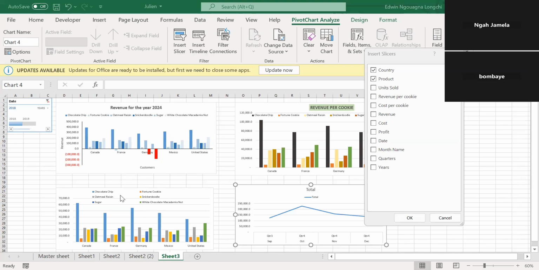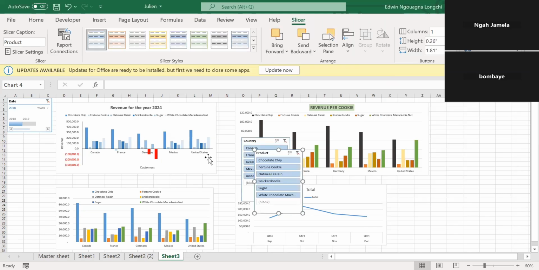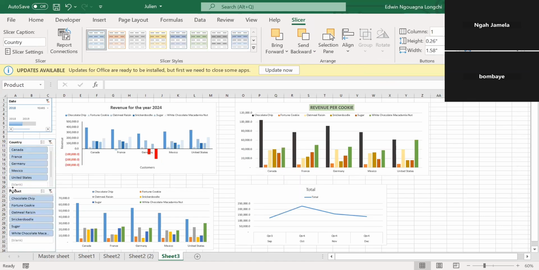All right, so I was saying that you click, let's choose, we chose country and product, right? You just check the two and then you take OK. And then they appear here. You can drag them here, put your country there, you can resize it. Then you take your product here. All right. So if you want to see all the products, how Canada performed, let's just click the